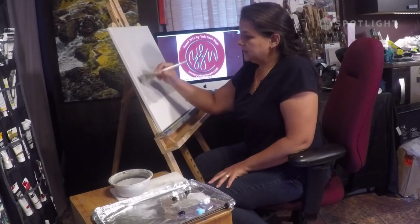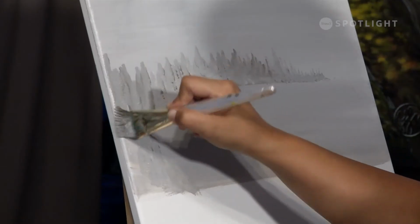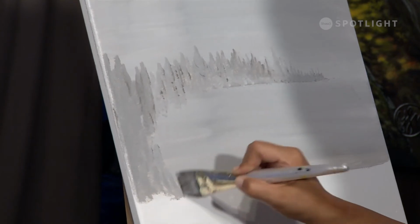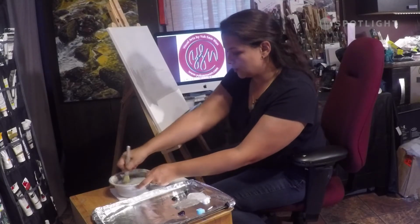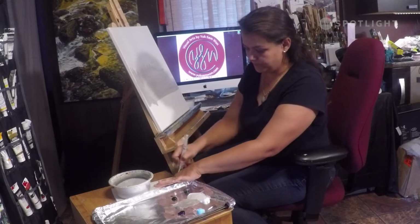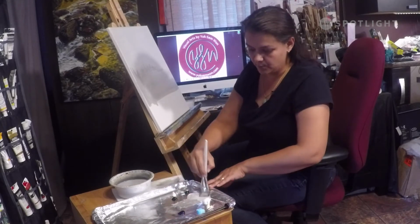Now that I have the basic shape, I'm going to get some darker gray again for the trees that are even closer here. Now that I know where the tree line is, I'm going to wash my brush, and the background should be pretty dry. So I should be able to come in now with a bit of the white